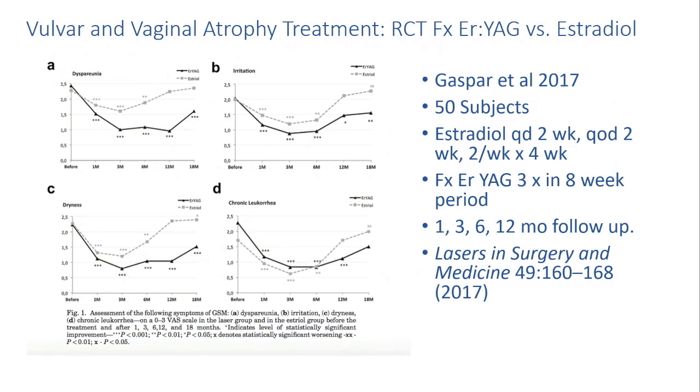Adrian Gaspar then did a randomized comparison of fractional erbium to estradiol, which really is the gold standard. If you're going to have a new treatment, you really ideally should do a randomized control comparison to the gold standard, which to date had been estradiol. And this was a really important paper at that time in 2017, 50 subjects, and comparing the fractional laser to the estradiol, he discovered that the laser treatment yielded superior improvements in the assessment of GSM for dyspareunia, irritation, dryness,